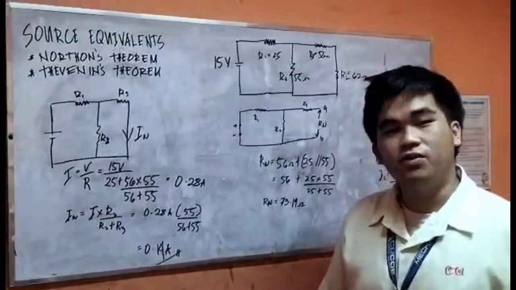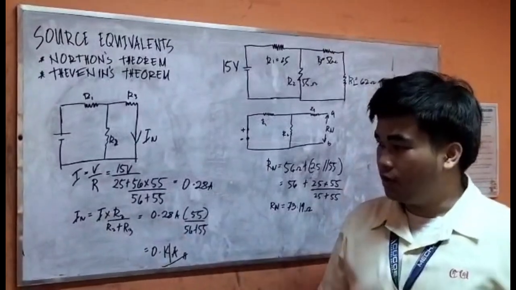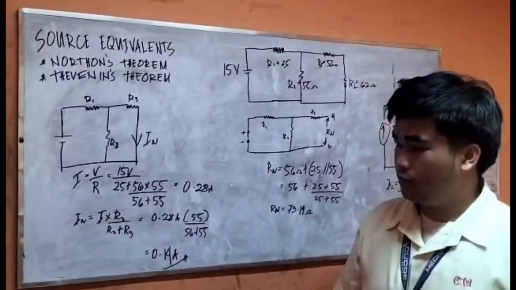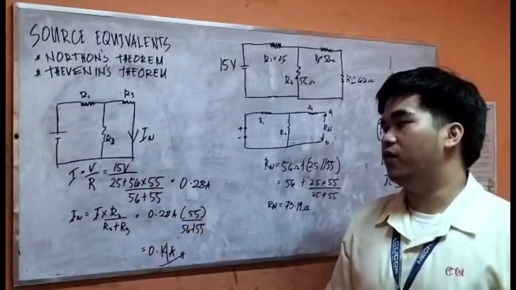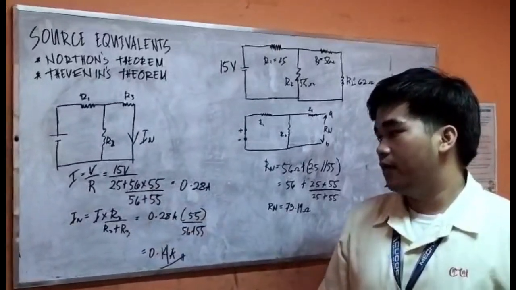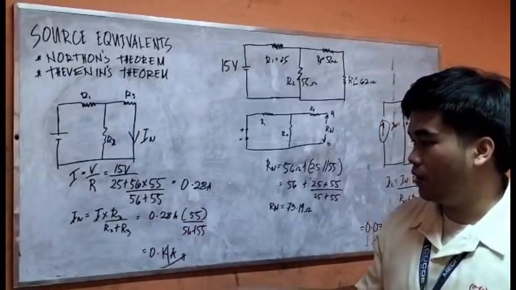So next we have to solve the current. We have this formula: I equals V over R. Substitute the given. So we have 15 volts over 25 plus 56 times 55 over 56 plus 55 ohms. So our answer is